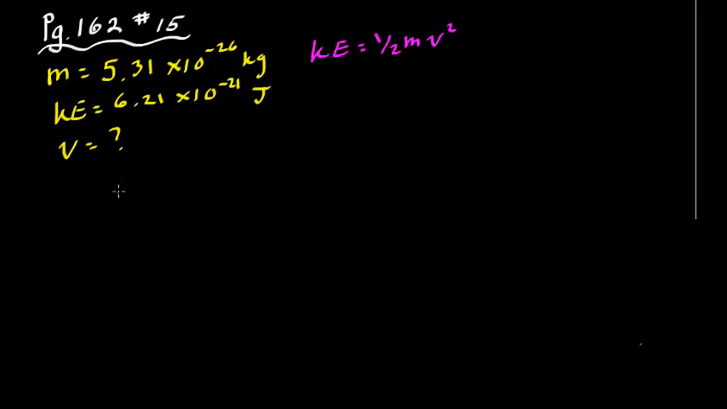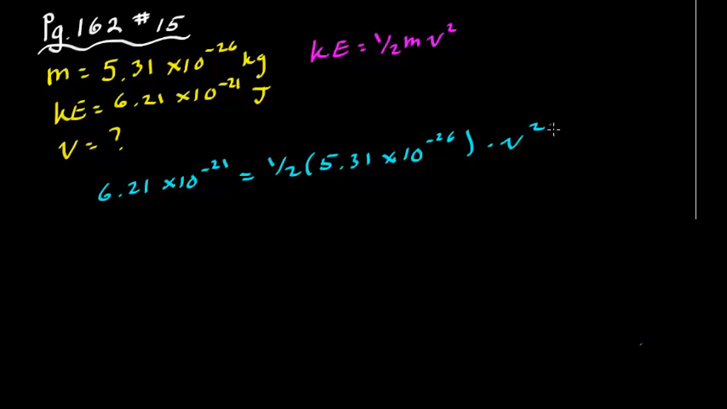Okay, so I'll do that down here. So 6.21 times 10 to the negative 21, I'll leave out the units for now, equals 1/2 times our mass, which is 5.31 times 10 to the negative 26, times the velocity squared. Alright, and I did this beforehand, and when we divide 6.21 times 10 to the negative 21 by this business,